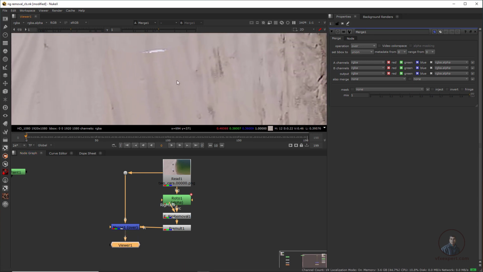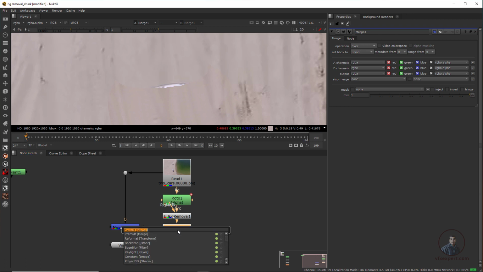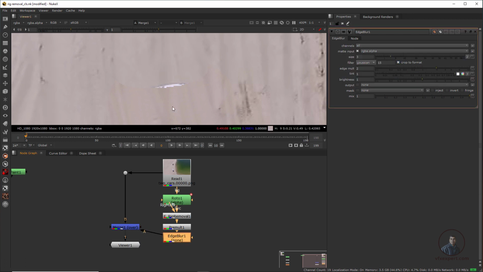If you can see here, maybe we are getting some hard edges. So for this, if you want, you can use an edge blur node after this pre-mult. So again just select this one, press tab and take an edge blur node and just adjust the size value here. According to requirement, you can simply type it here. Now this is just mixing here. This is looking good.